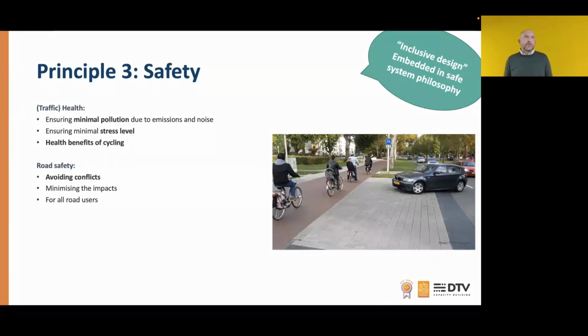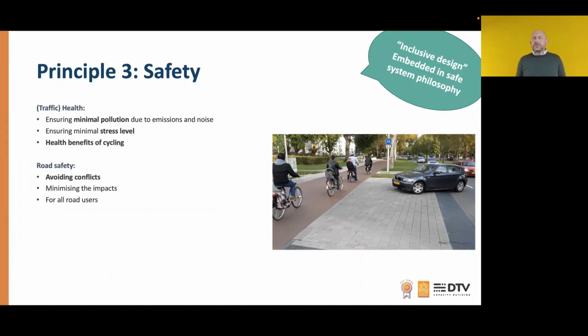The third one, safety. Well, I'm mentioning this one as third one, but please do not take this as the third in hierarchy. Perhaps it's the most important one. Unsafe cycling conditions are a very important reason for a lot of people not to start cycling. And think about concerned mothers, for example, a really important segment there. In the Netherlands, the segment of women riding a bicycle really is higher than men riding a cycle. So it's a really important target group there, and safety plays a crucial role.